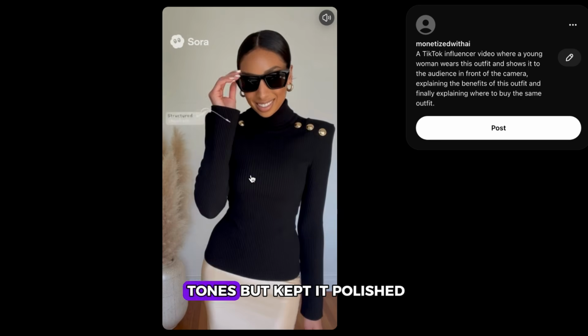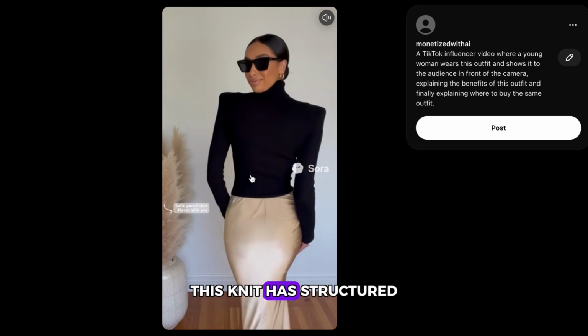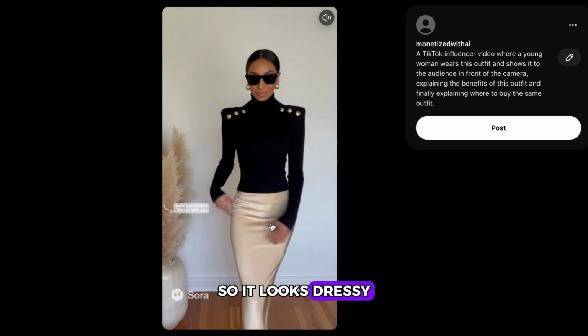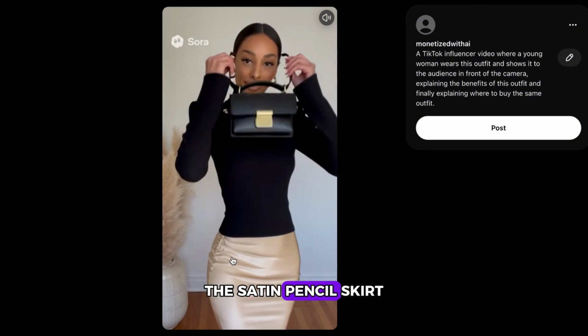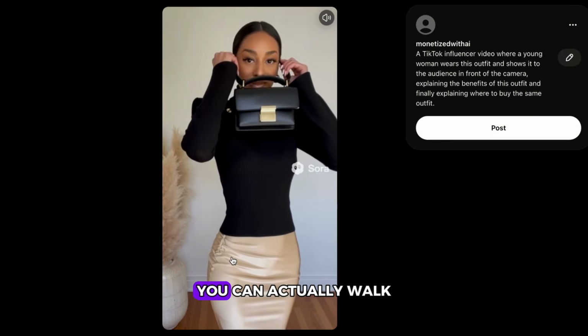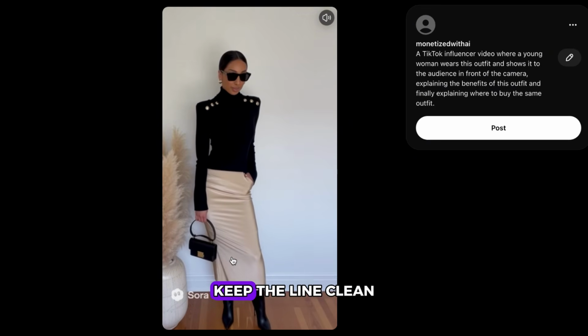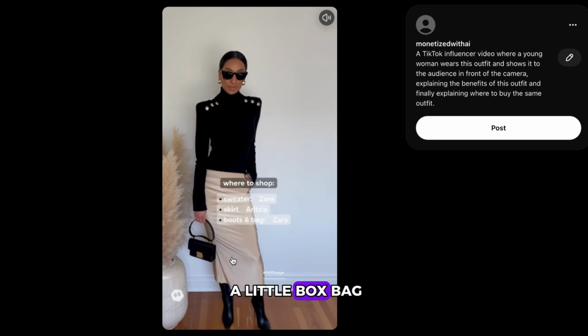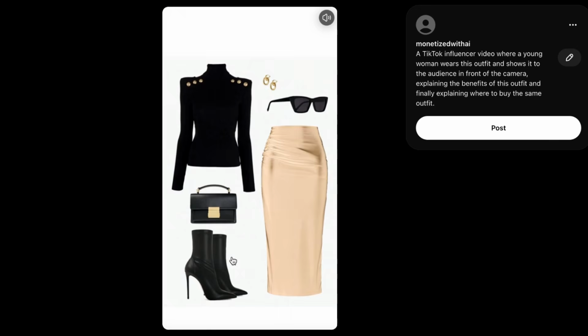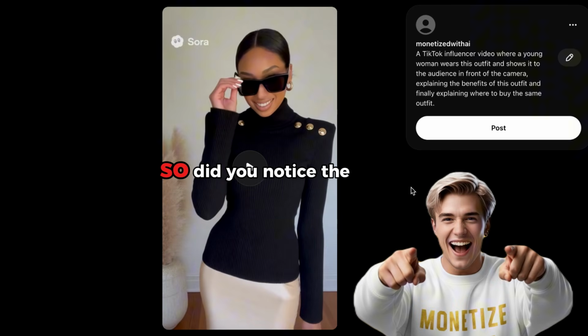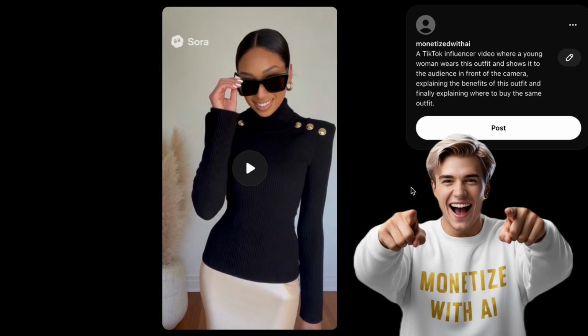Today I went for neutral tones but kept it polished. This knit has structured shoulders and gold buttons so it looks dressy but feels like a sweatshirt. The satin pencil skirt is super soft and has ruching on the hips so you can actually walk in it. Sock boots keep the line clean and add height, and a little box bag ties in the hardware. If you want to